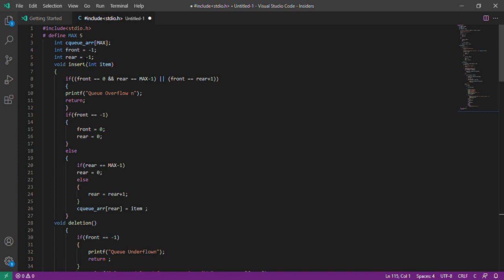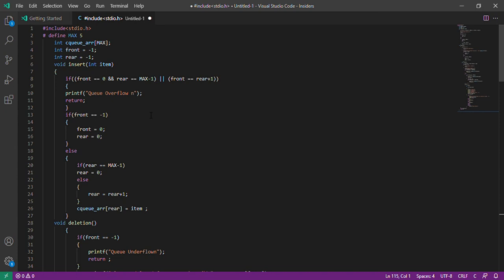Three functions are to be declared. The functions are insert, display, and delete functions. There is a menu driven main function. The user is asked to enter his choice and the appropriate function is called to perform the task. Okay, there are two pointers. The front is at the front of the queue and rear is at the back of the queue. In a circular queue, the elements are added from the back of the queue and removed from the front of the queue. This is the circular queue.